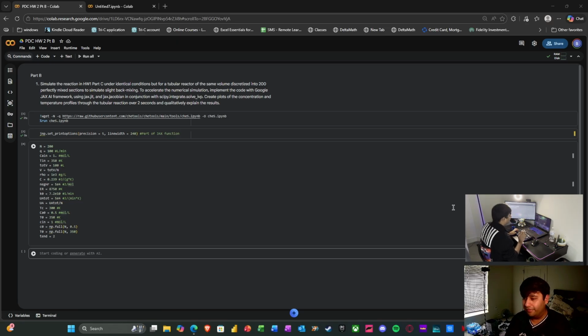except this time we're going to be dividing it into 200 perfectly mixed sections rather than 100 like we did in part A. And we're going to simulate slight backmixing. To accelerate the numerical simulation, we're going to implement code with the Google JAX AI framework. I have part of that set up here, which I'll explain later. And we're going to create a plot of concentration and temperature profiles through the tubular reactor over 2 seconds